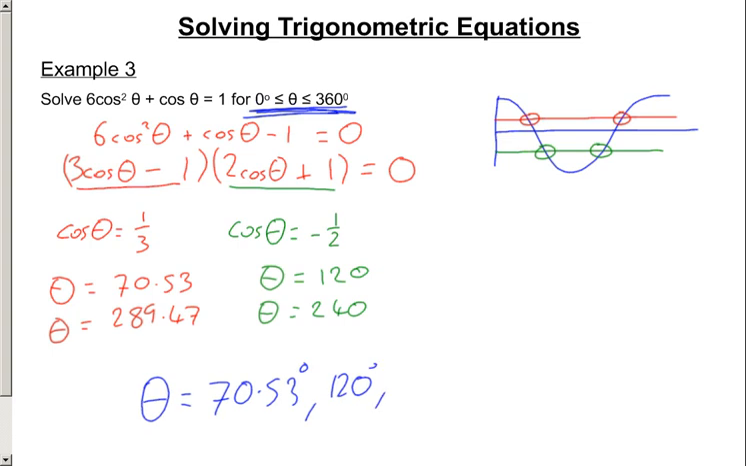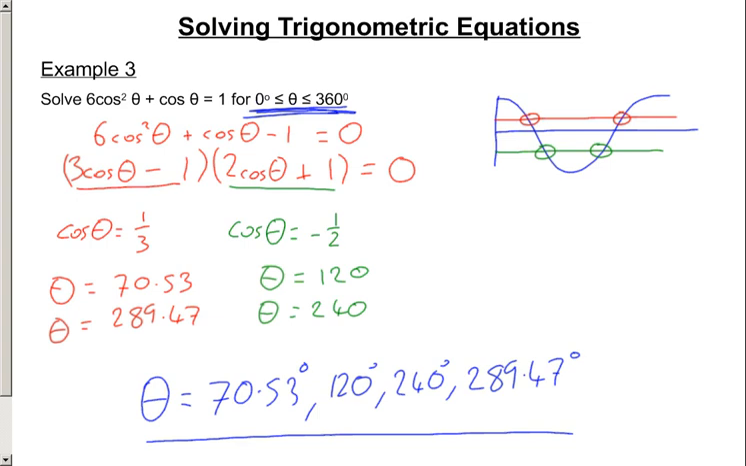120 degrees, 240 degrees, and 289.47 degrees. Final answer, 4 solutions, which is what we saw in the graph, 2 red and 2 green on